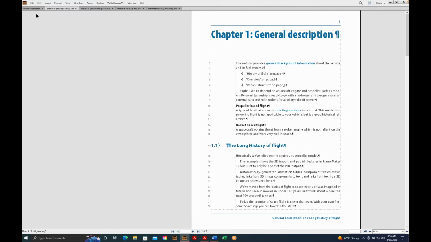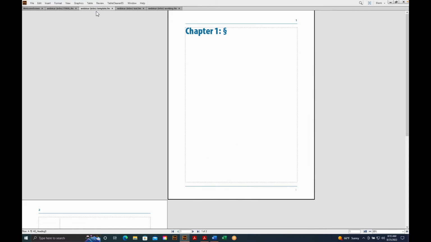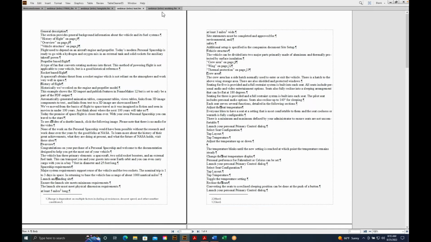So if you look at the top of my screen, top left, this is the menu bar at the very top. It starts with File, goes to Edit and Insert, and all the way across to the Help menu. These are where all the commands are located. Under the menu bar, we have the tab bar, and there is a tab for every open file. I currently have 4 files open. If I want to switch between files in FrameMaker, and I often need to do that when I'm working in my book documents, I just click the name of the file I want to go to, and that's how